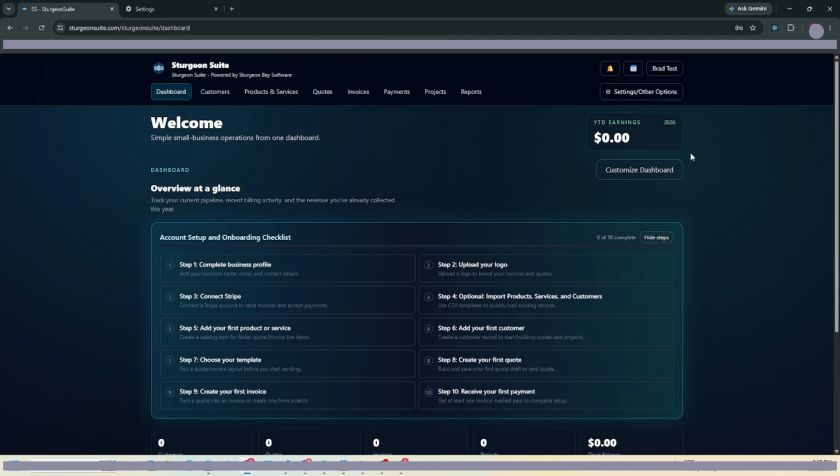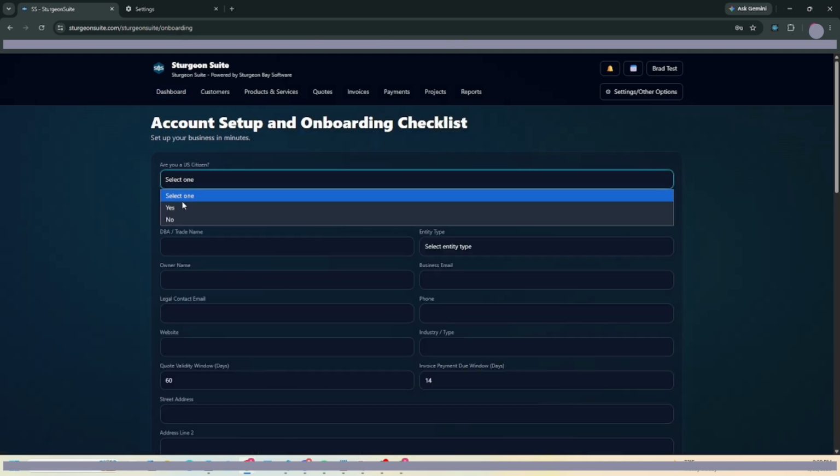You're on the dashboard. So instead of going through the navigation in the top nav bar here, what we're going to do is actually walk through the onboarding process here in the account setup and onboarding checklist. So there's 10 steps. 10 steps to set up a detailed account to run your entire business. So we're going to click here on step 1. Step 1 is